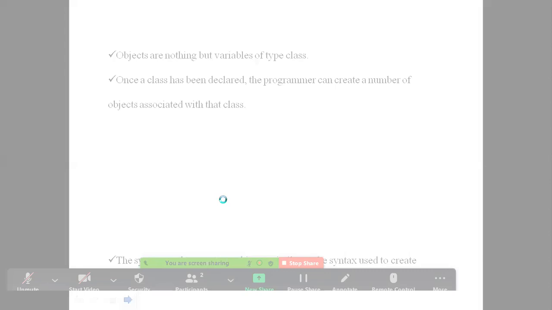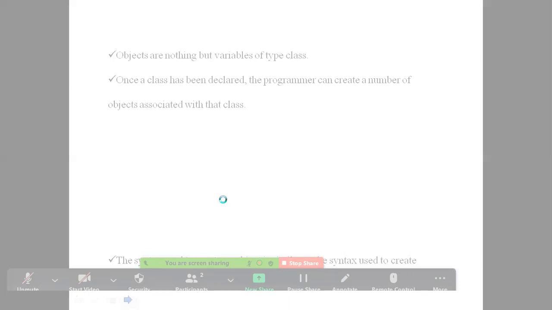When we come to inheritance, one more time I'm repeating what inheritance is, because it is the most important concept. Inheritance is one class getting the properties of another class. The class which is getting properties from another class is called a derived class or subclass. The class from which we are getting properties is known as the base class or superclass. Clear?